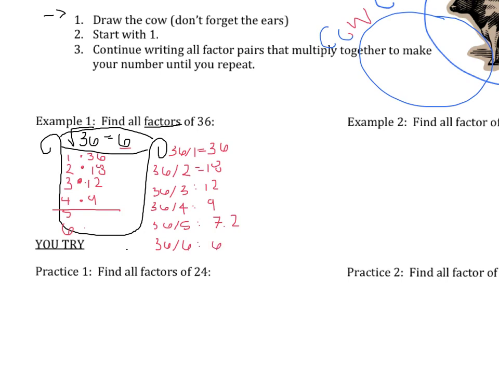So we have 6 times 6. So we have all of our factors listed out here in our factor cow. Once our factors are listed out, we're going to list them so that it's in a long list. A key point we need to write for when we write out our factors is that, so we're going to write our key point right above here. Key point, you list factors